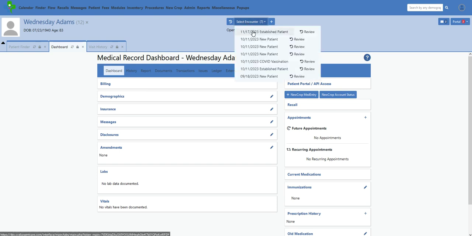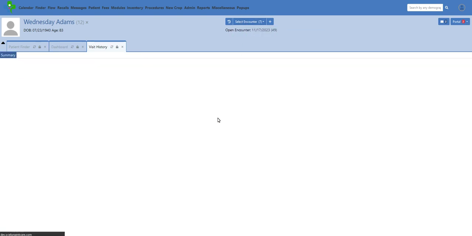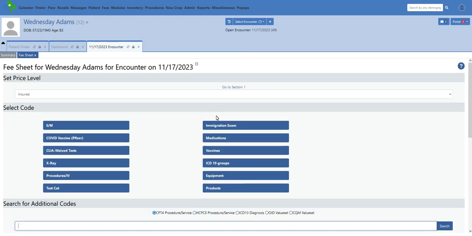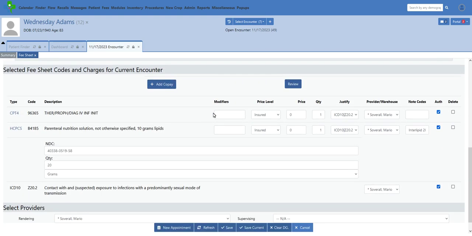What I'm going to do is select the encounter for today so I can show you what it looks like. When we go onto the fee sheet, you can see here, now, of course, the CPTs don't really matter. What's more important here is the HCPCS. This particular HCPCS is the one we were using or became involved with in order to get the error message. So as you can see, we have 10 lipids here, and then of course this is a not otherwise classified HCPCS, and you do have to put in the note over here,